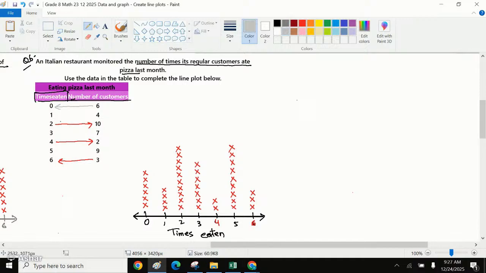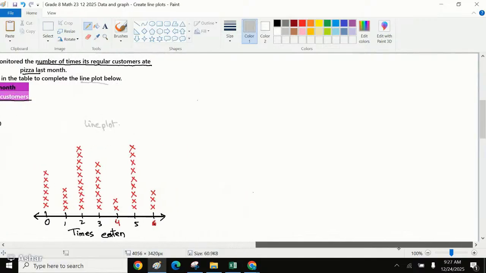Okay. And this is a line plot for the given information. We need to remember that we have to put arrows on both sides to show that there could be 7 customers later on with the next survey and so on, right? And we need to show times eaten. We need to label the horizontal axis. Okay. Let's try the next question. Let's see what they have for us. Yes. The next question says,